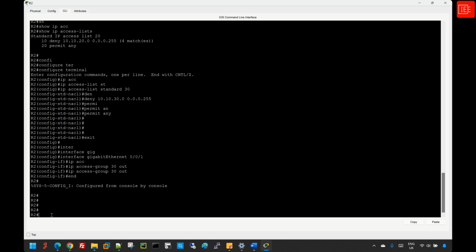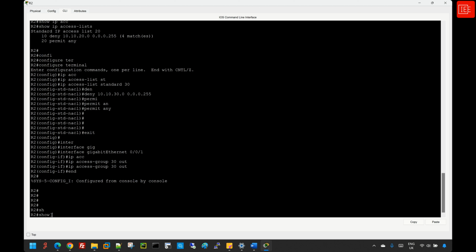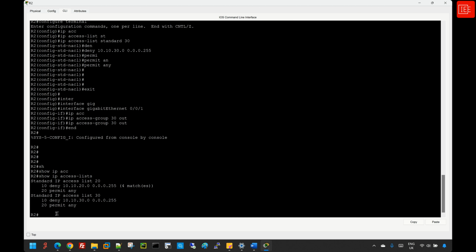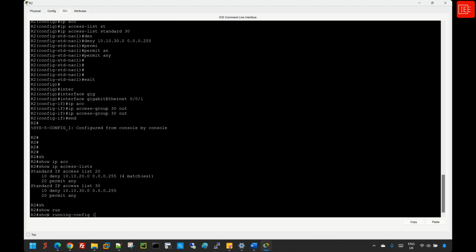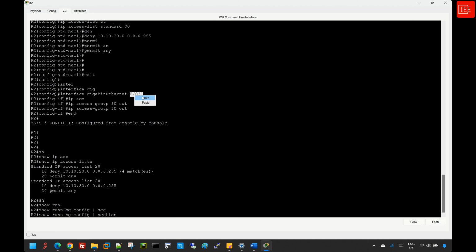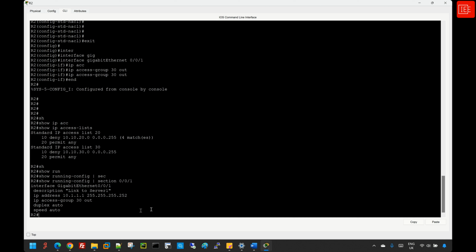So I will just do some verification quickly. I'm going to say show ip access-list, and you can see that we have configured a new access list. And also if I say show run dash config pipe section, I'm going to just include the interface ID. We can see that we have applied the ACL 30 in the outbound direction under this interface, which is connected to